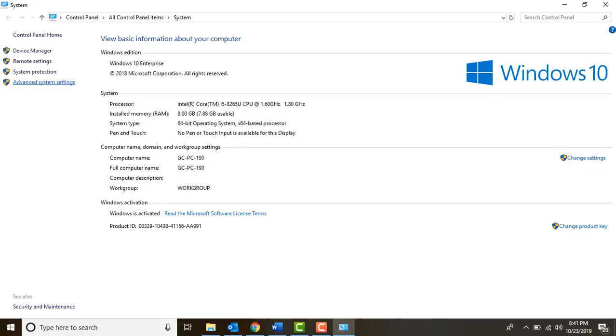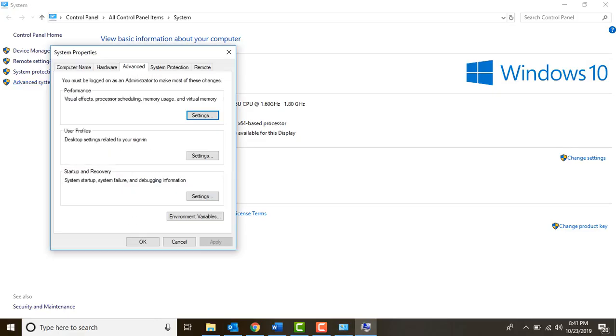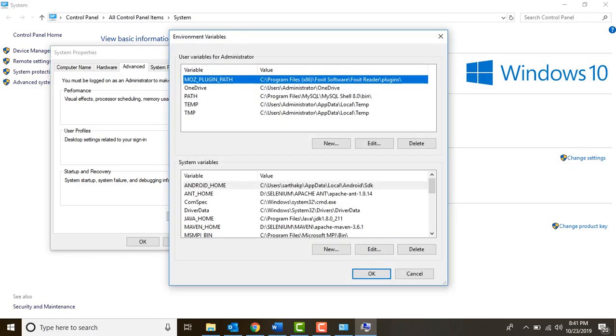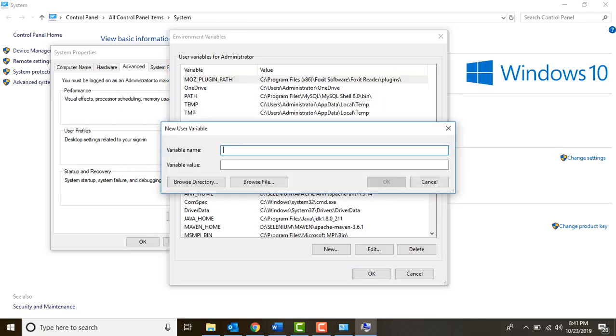Okay, go to the Advanced tab, click on the Environment Variables button here, and this Environment Variables window opens. There must be a section known as User Variables for Administrator. Go to New, click on